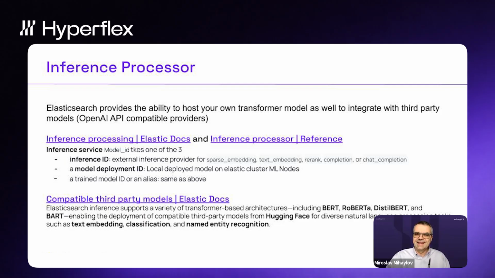But if you look at the bulk of the blog posts and use cases published by Elastic out there, many of them reference model deployment ID, because it's been going on since 2021. That's why I added this here. Probably in the future, model deployment ID will not be relevant anymore, but I just put it here for completeness.